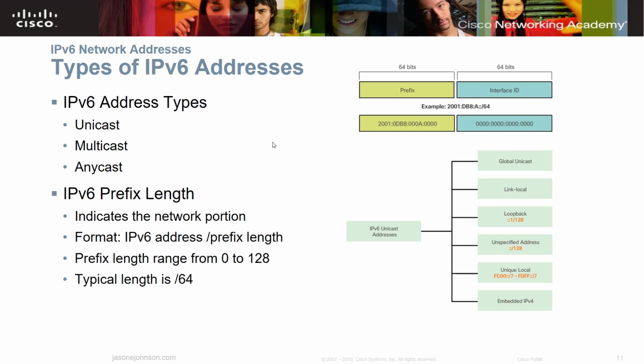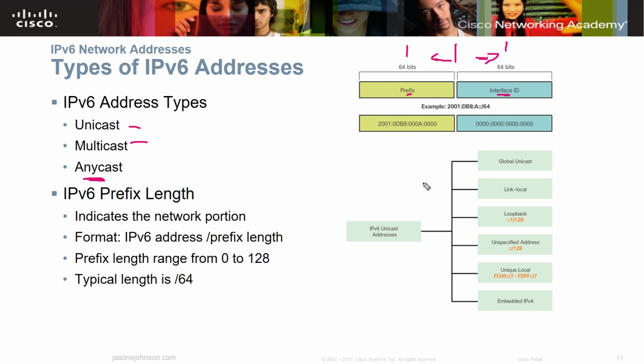Now, when we talk about the different types of V6 addresses, we have unicast, multicast, and anycast. That's a little bit different. In V4 we had unicast, multicast, and broadcast, but we don't have broadcast anymore. We have anycast. When we look at the breakdown, we have 64 bits on one side and 64 bits on the other side. This is the prefix, and this is the interface ID. If you remember back to V4 where we had the network portion and the host portion, you can think of it the same way here. Prefix on this side and then interface ID on that side.